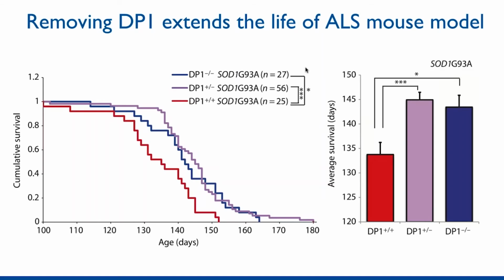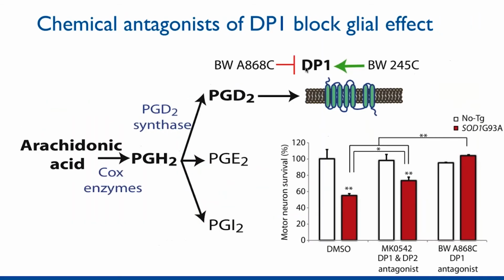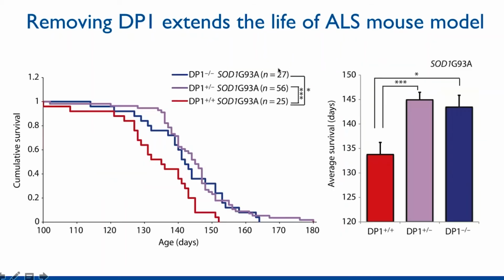So all of this really happened before even the first advent of iPS cells, but I bring this up because I think these kinds of studies where we looked at these non-cell autonomous influences could have easily happened today with iPS cell lines. And in fact, many of our studies where we have now gone on to pursue this kind of study of SOD1 are now increasingly using iPS cell-derived motor neurons.